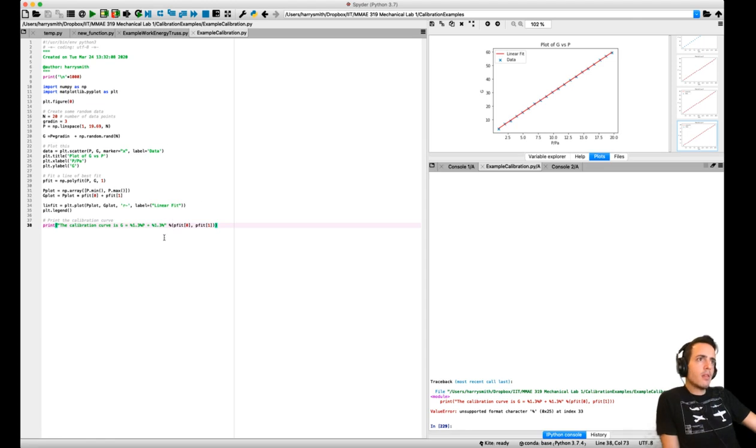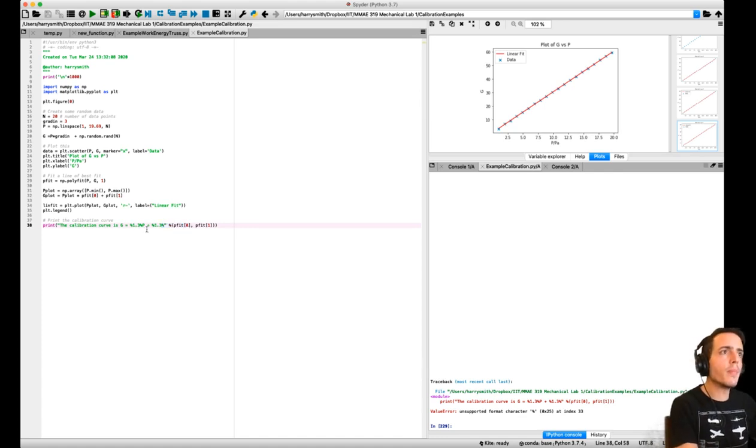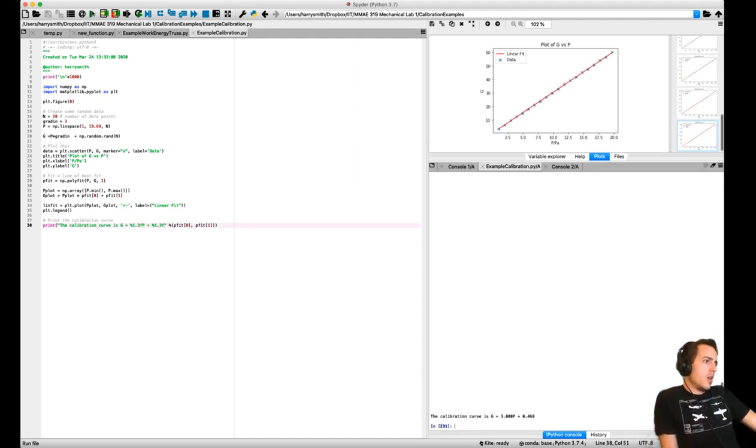Doesn't like that. Why doesn't it like that? Oh, it's because I've given this percentage symbols there. I don't need to do those. These should be Fs, sorry. This is saying I want fixed precision. I've doubled up on those percentage symbols there. There we go. The calibration curve is 3.00p plus